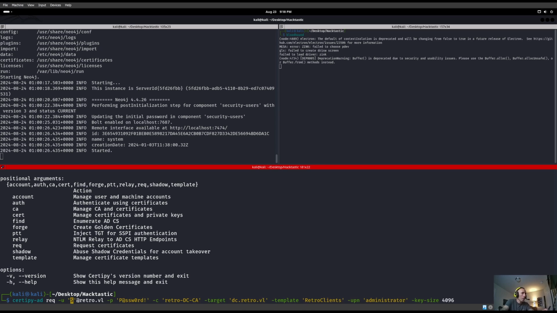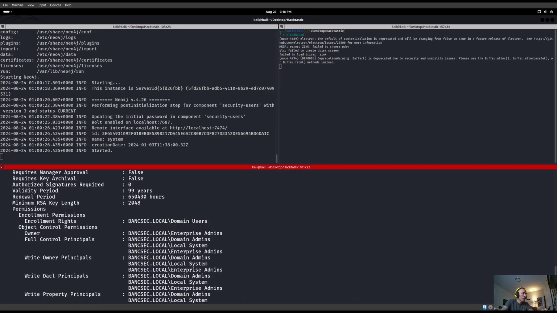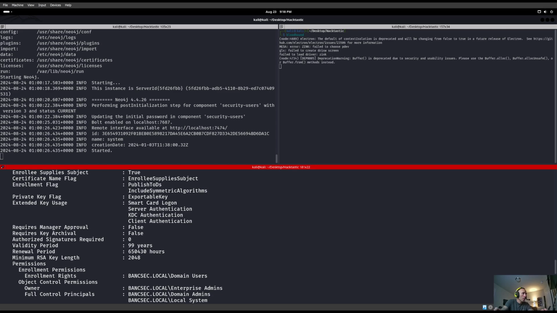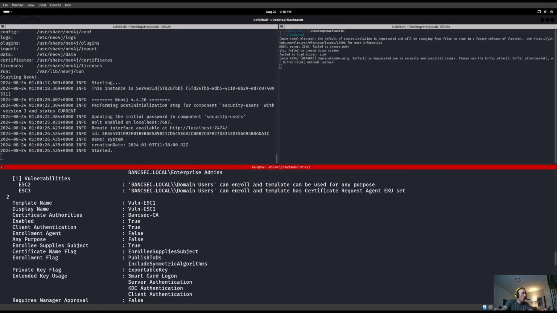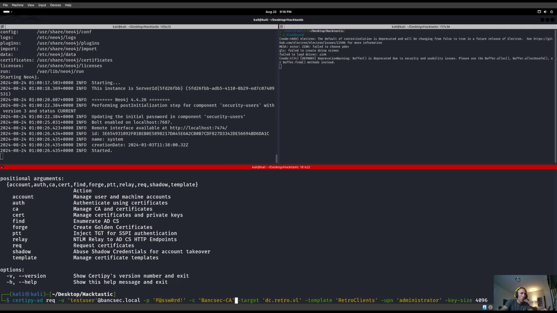From here, we can just type in our test user at banksec.local. That is already our password right here. We need the certificate name, which we have above. That's going to be our attack C, right up here. Our certificate authority. Boom. Our target, which we already know is going to be